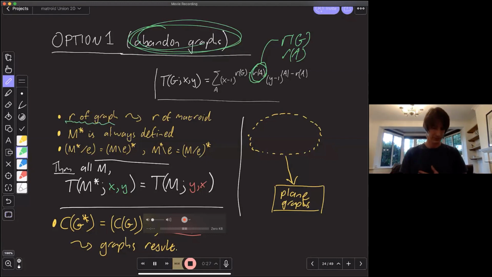R to a graph theorist means rank of a graph, but R to a matroid theorist is just the rank of a matroid. Okay?